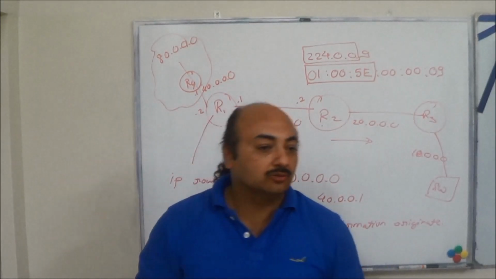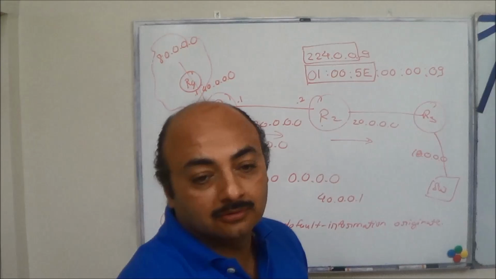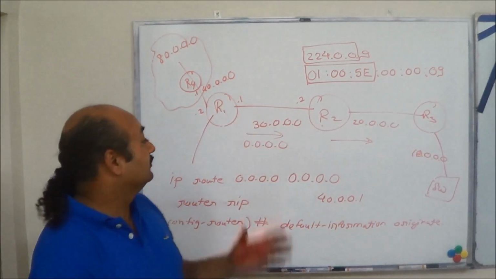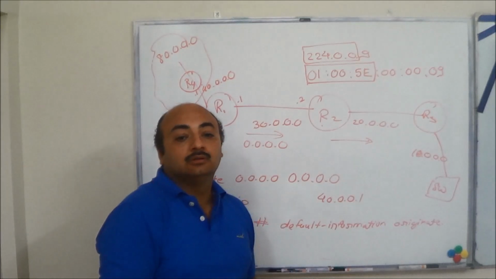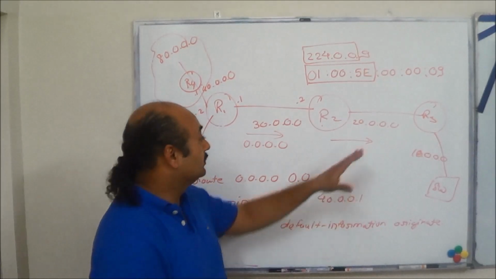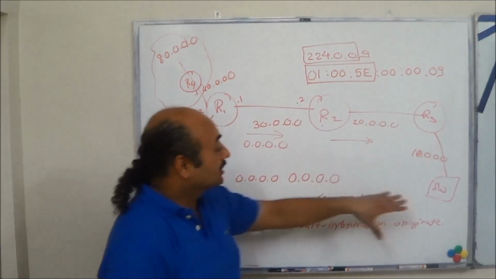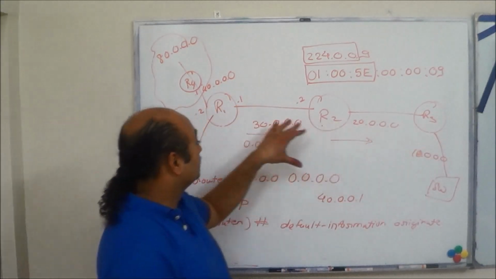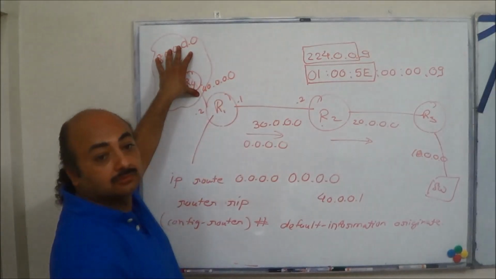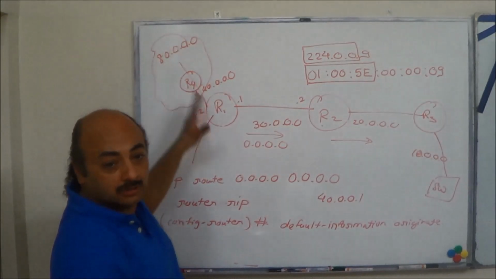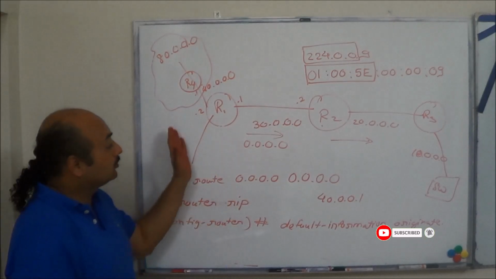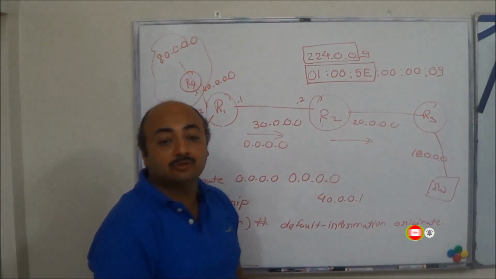Now, what you can do is some practical work, where you try RIP version 2, and then try the default route originate and see whether it works or not. So you make a topology like this, connect a PC here, and have a 10 network, 20 network, 30 network, and a 40 network. And similarly from here, you create a default route and then propagate it. Then see how it works.